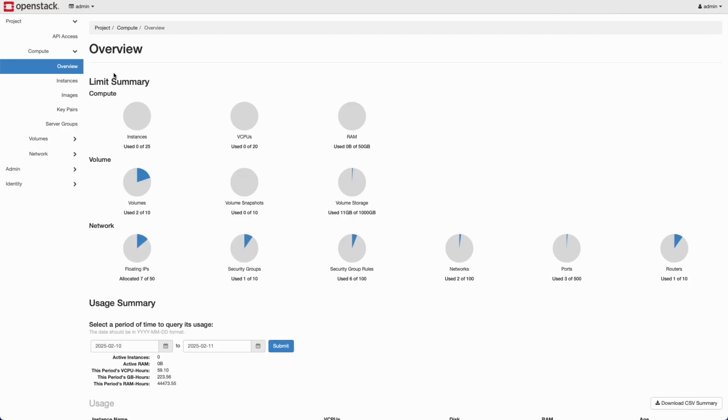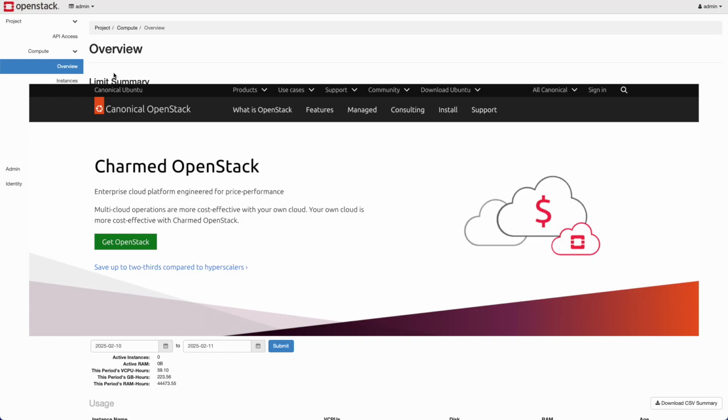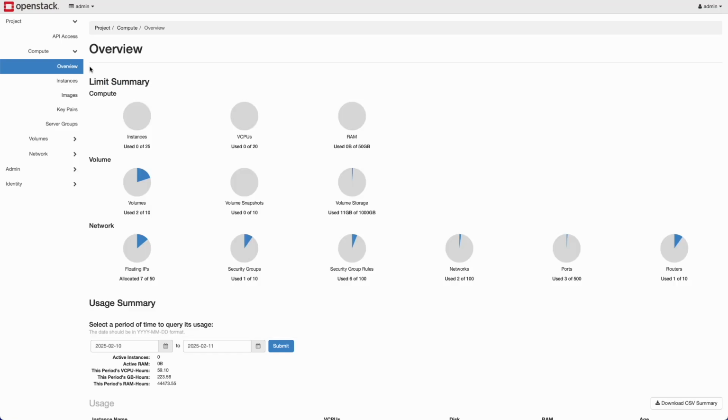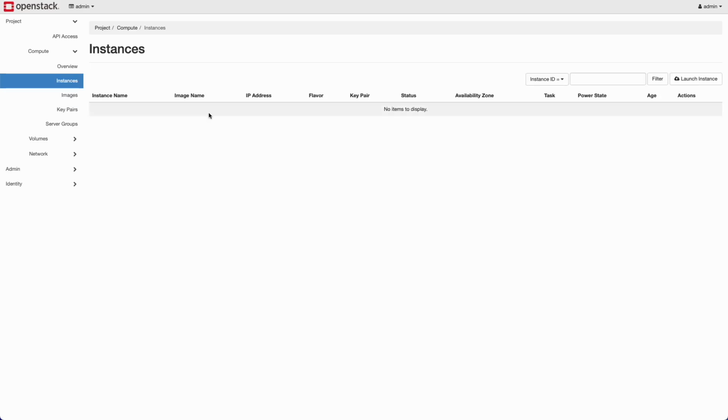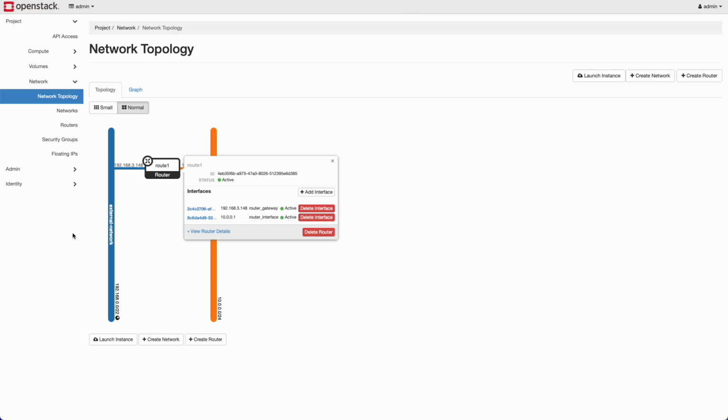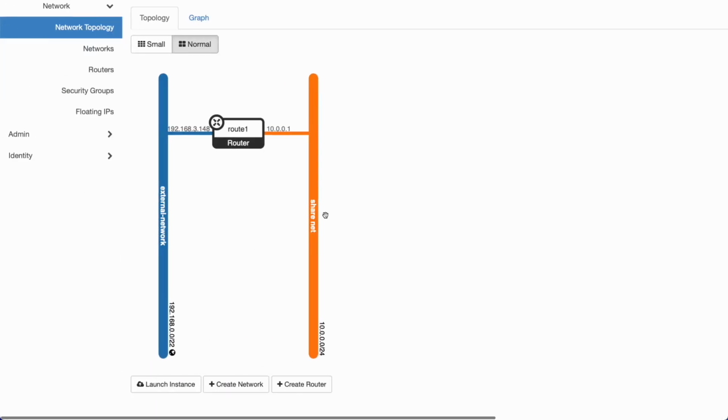It's worth noting that Cirrus Migrate Cloud supports any flavor of OpenStack, whether you're running Ubuntu Charmed OpenStack, Red Hat OpenStack platform, or any other distribution. In this environment, we currently have no storage volumes or instances. Looking at the network setup, we have a share net with the internal IP range of 10.00 at the bottom